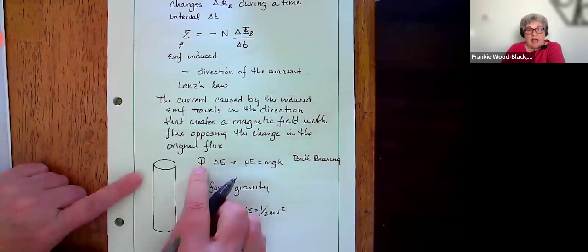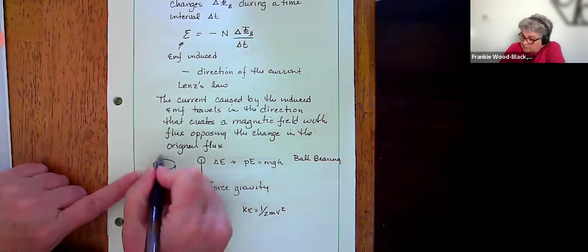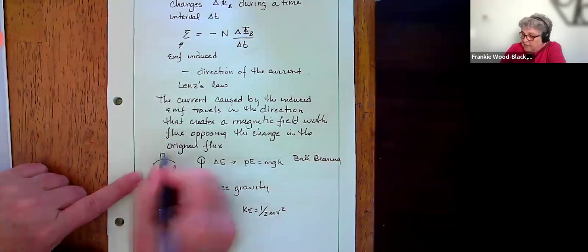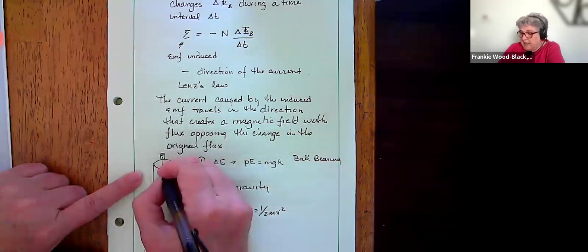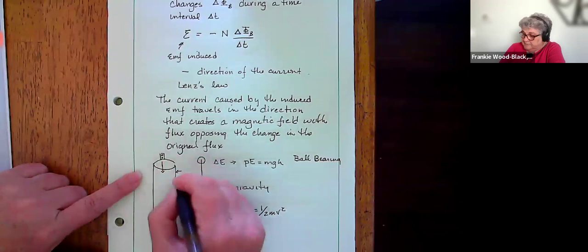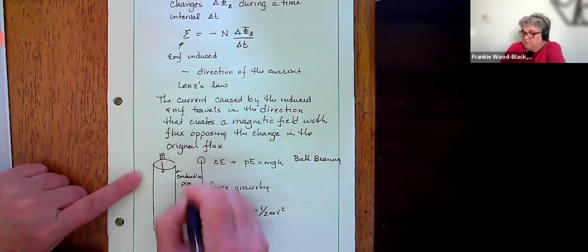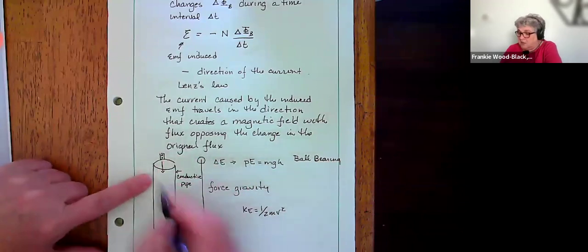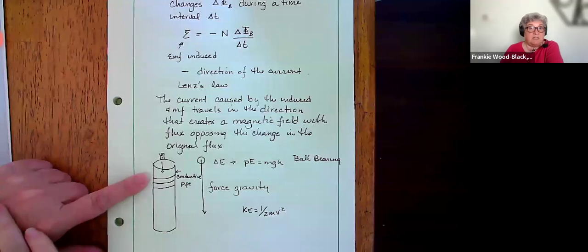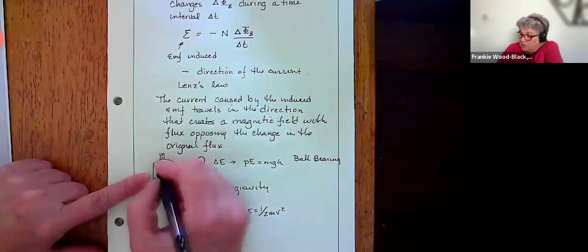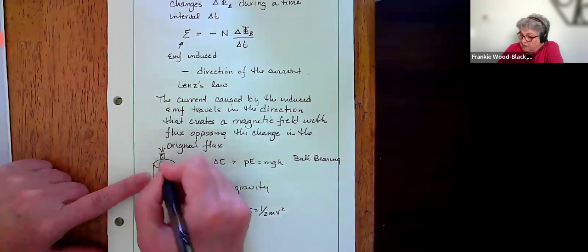Now let's say I have a magnet. So my magnet is going to be a little magnet, and we're going to give it a north and south pole. And we're going to drop it down a conductive pipe. Now, what happens in my conductive pipe is it's going to look like a whole bunch of individual little wires, right? They just happen to be spaced closely together. So if this has a magnetic field on it,